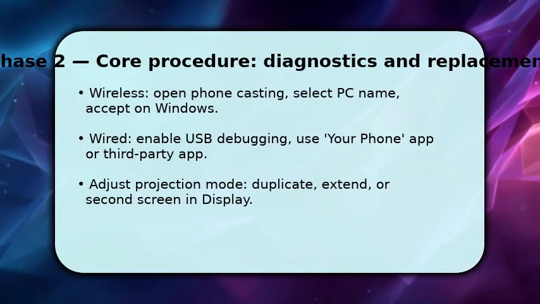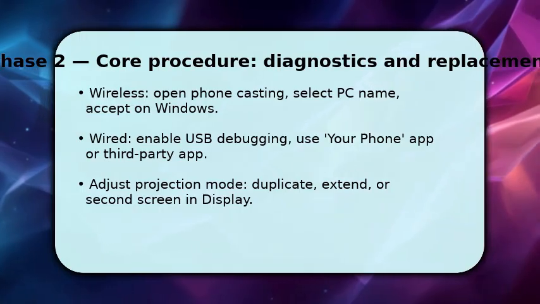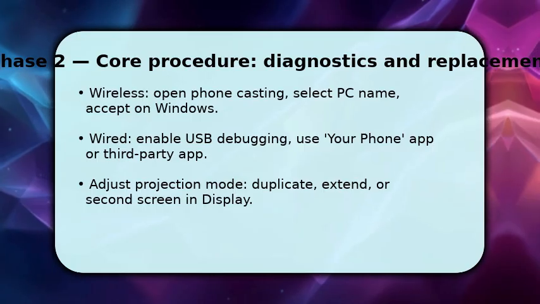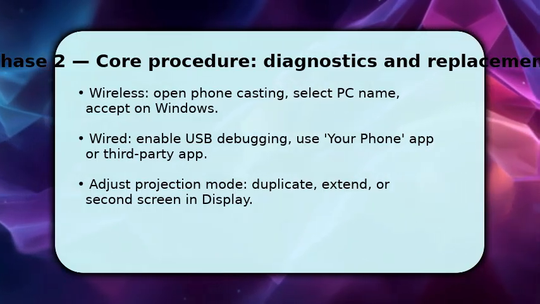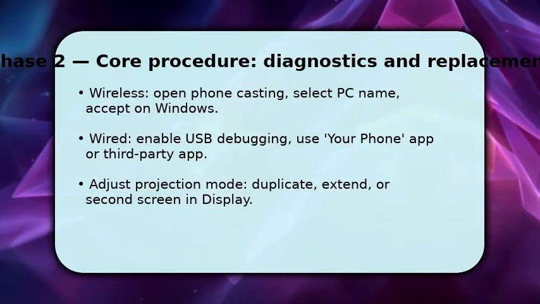You now perform the actual connection. For wireless, pull down your phone's quick settings, tap cast or screen mirroring, then choose your PC name. On Windows, accept the connection prompt. For wired, enable USB debugging and developer options and open your phone app or a trusted third-party app, then follow